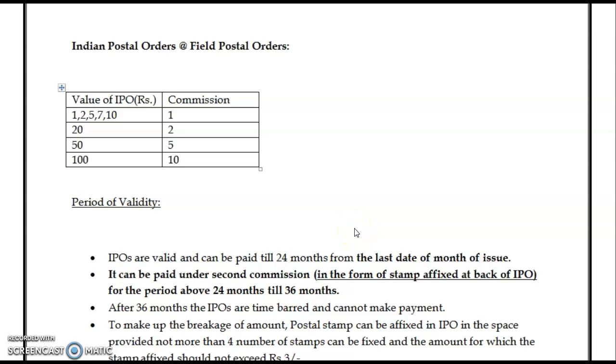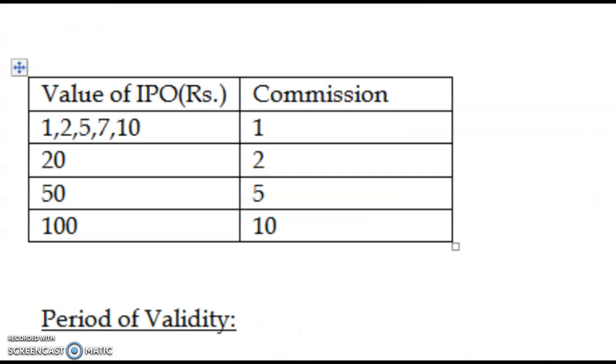Hi friends, today we are going to discuss Indian postal orders and field postal orders. Indian postal orders: there are 8 denominations of IPOs. You may see here 1, 2, 5, 7, 10, 20, 50, and 100 denominated IPOs. There are a total of 8 various denominations of IPOs at present